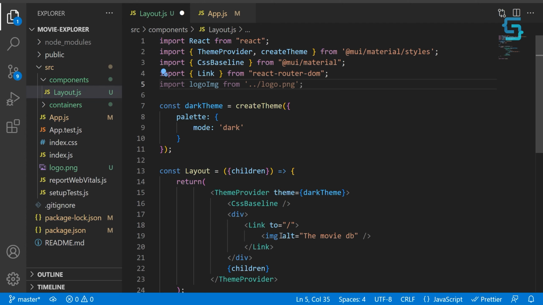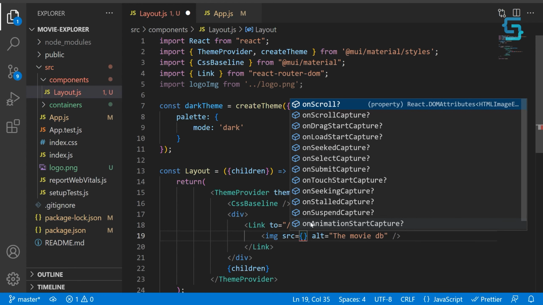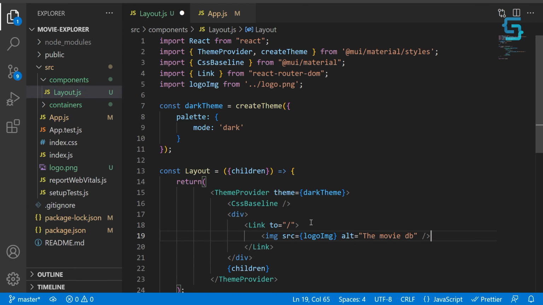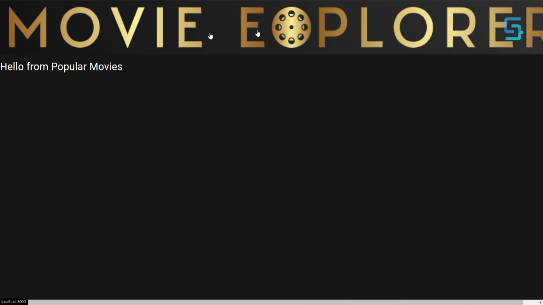And now we can include it in the source property or attribute, src logo img. Let's save this file and let's preview it. If you open our browser, we can see that the movie logo has been applied here and imported, but the